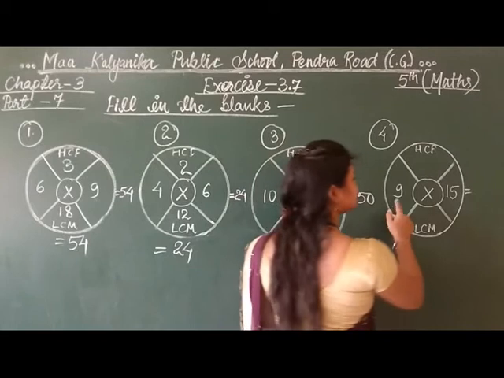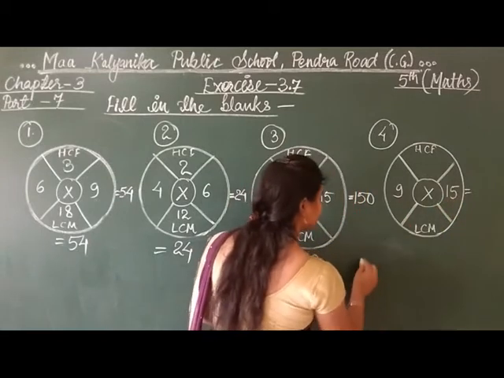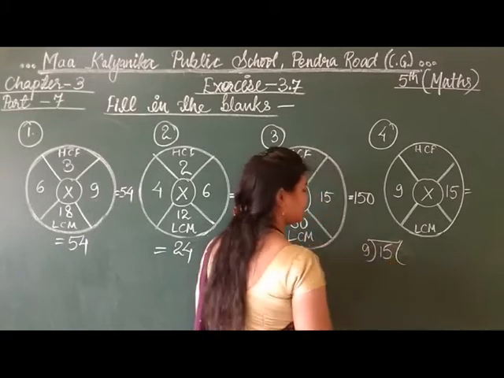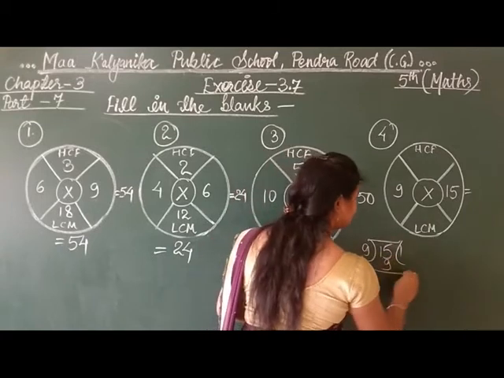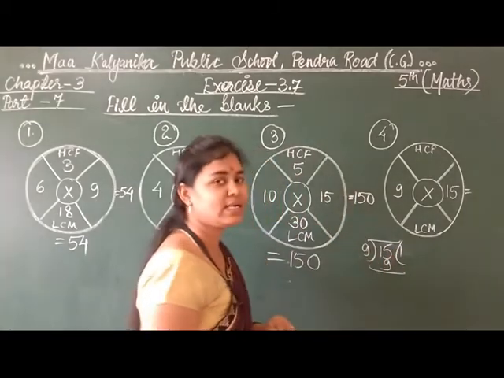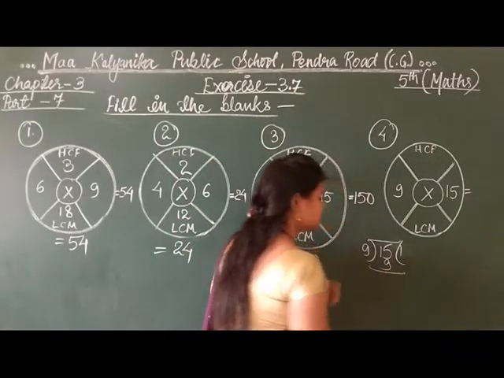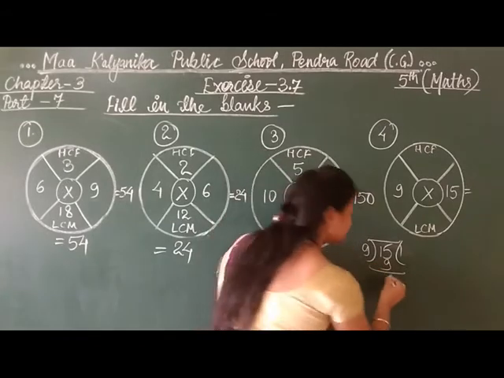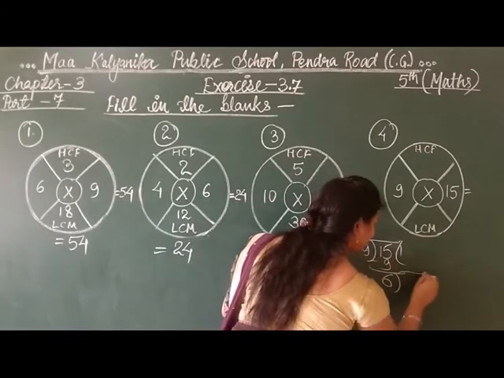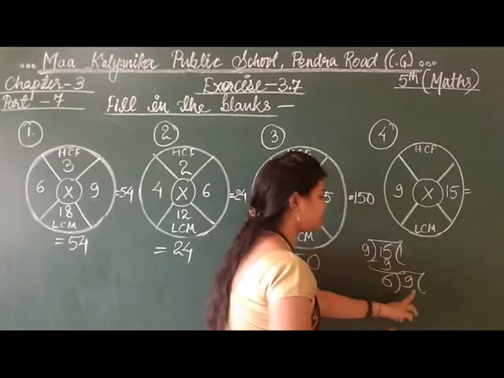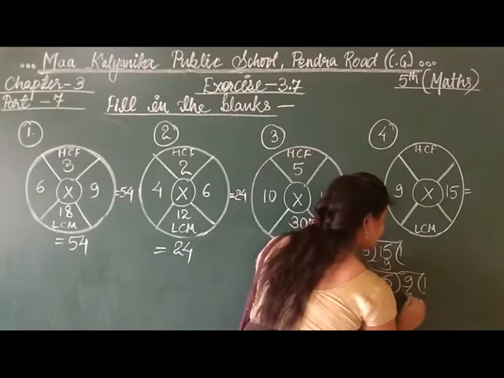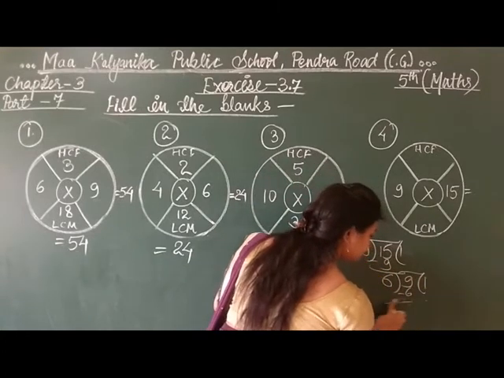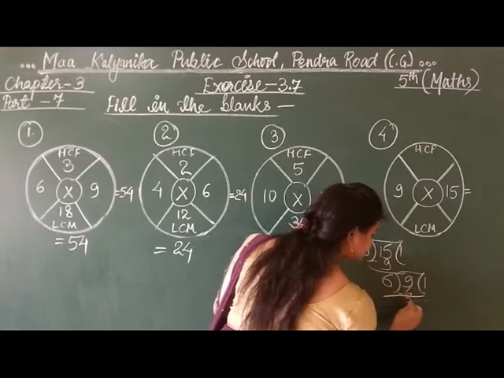Now moving to the next, 9 and 15. Find the HCF of 9 and 15. So 9 and 15. 9 ones are 9. 15 minus 9 will be 6. Yes or no? See, count: 9, 10, 11, 12, 13, 14 and 15. So 6. After subtracting, then 9 will be here. Now 6 ones are 6. One more step is there because this is not 0. So 9 minus 6 is 3.